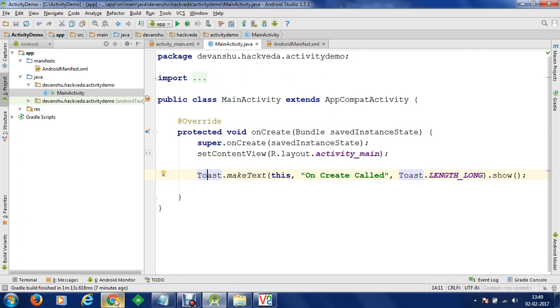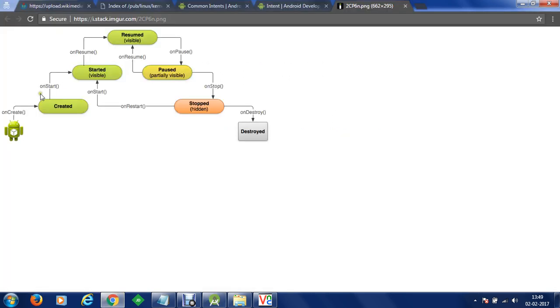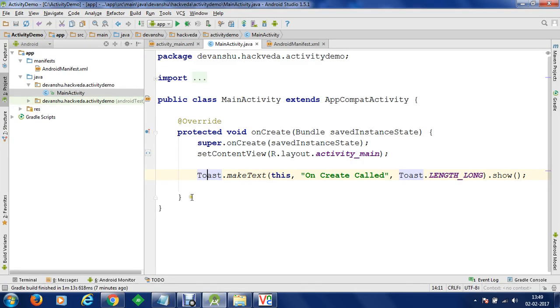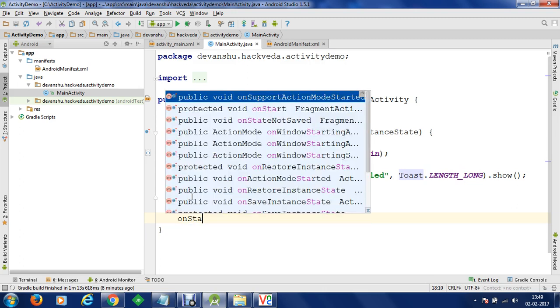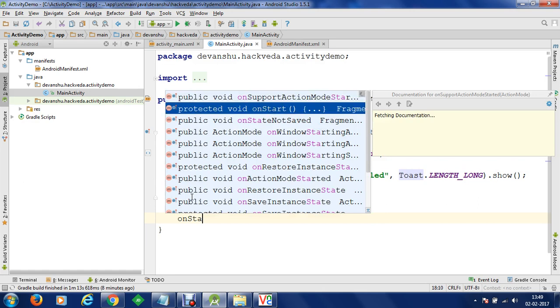Now we are going to write another method, and that is onStart. Let's come out of this onCreate method, and here we are going to override onStart as well. You have to override this onStart method.